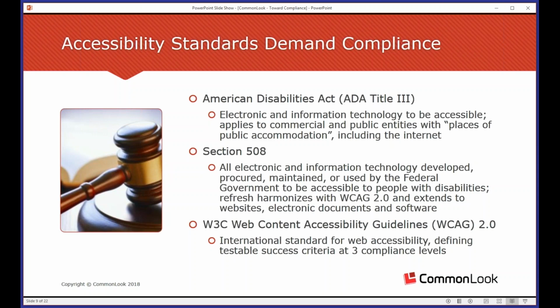Of course, in 2017, the Section 508 standard was refreshed or brought up to date, and now the how-to part of 508 directly references WCAG 2.0. To explain WCAG a little further, WCAG stands for Web Content Accessibility Guidelines, and it's pretty much the international standard for website accessibility. Created by the W3C, the World Wide Web Consortium, WCAG, the Web Content Accessibility Guidelines, was originally